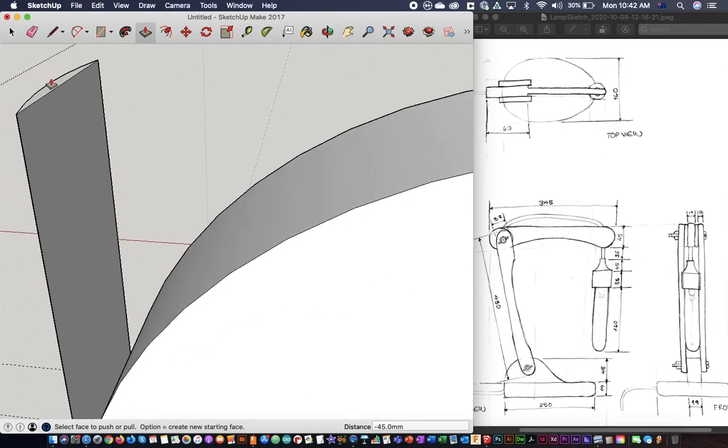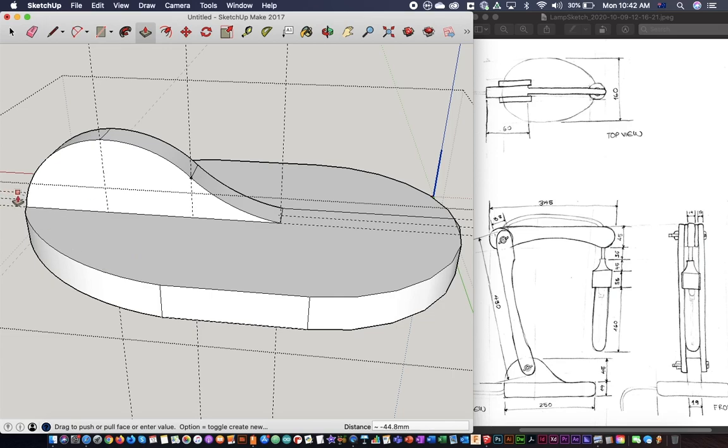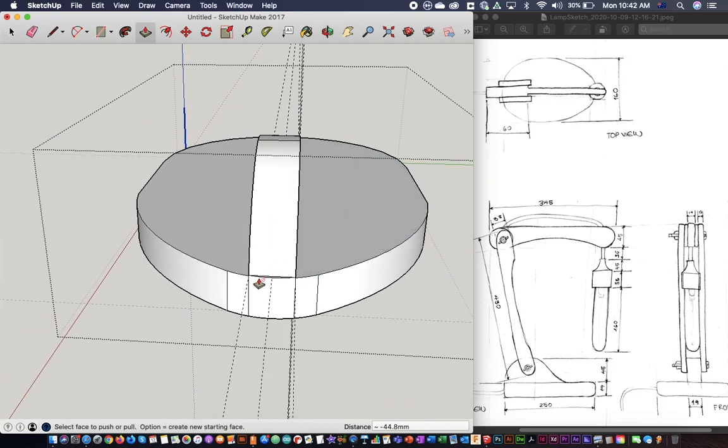And then do the same with the other side. Click on it, and go down on line. Okay. And we can see if it worked. Yep,